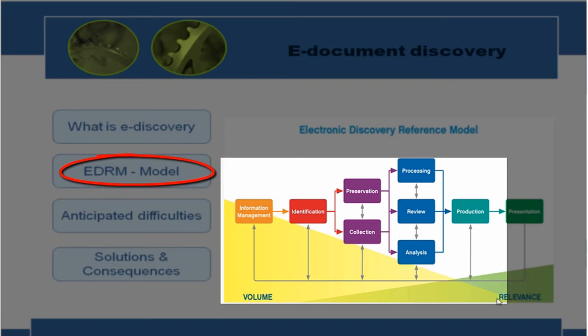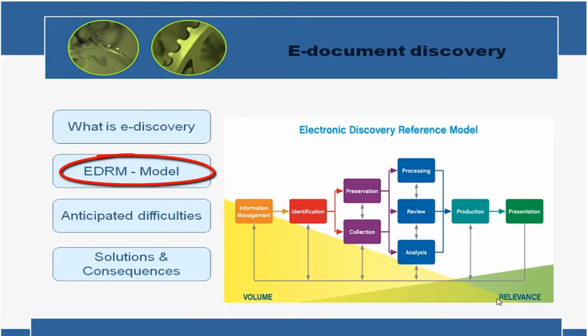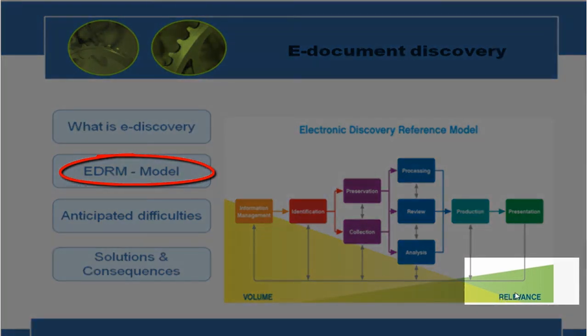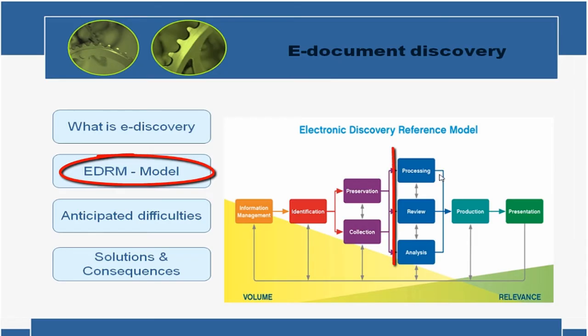That should be the ideal way to perform an electronic discovery process for ESI documents. And as the volume of data reduces, you will see that the level of relevance of the documents collected would increase. So the processing actually would involve